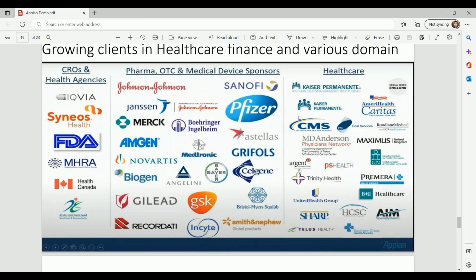Because the technology will become older, and then it won't fit your requirement. So you have to do that, and companies will do that. Now they are moving from Pega to Appian. There will be some days when they will move from Appian to something else. So you cannot say that if I learn Appian I'm secure for my lifetime. That's not going to happen. But yes,